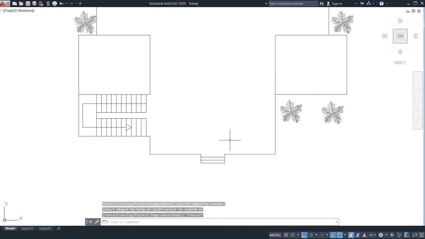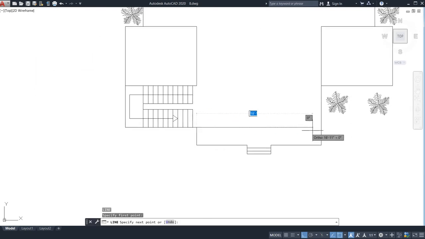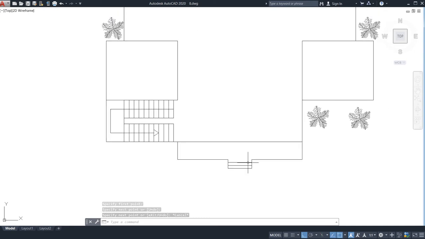After that, I need to provide some porch. So offset of, if you go offset, that will also be good. If you extend this line, that will also be good. But this line won't extend, so just go for the line command and select it. Now just attach it up to here. See, this will be my porch or veranda, you can say.